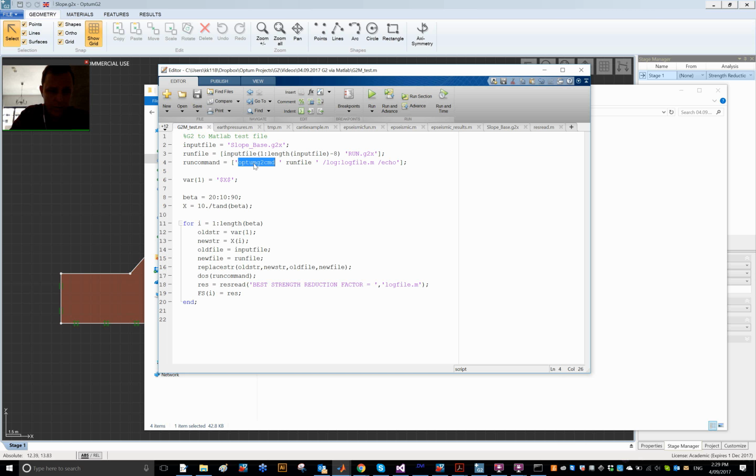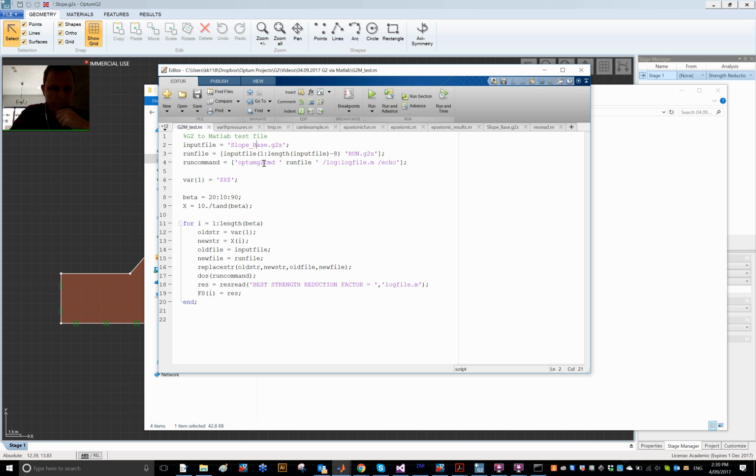So OptumG2 CMD, run file, the name of this run file, and then I'm creating a log file as well called logfile.m, and then echo, which I've set to on so we get results displayed on the screen. So the idea is to take this base file, search for this variable $x$, replace it with a relevant number, create a new file,